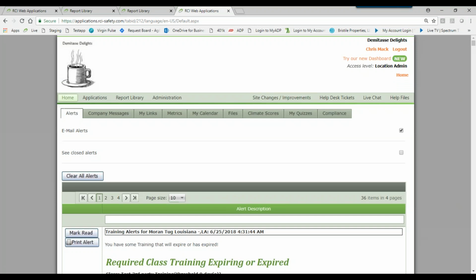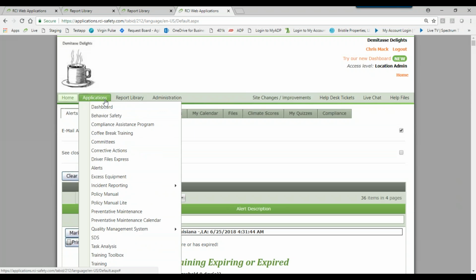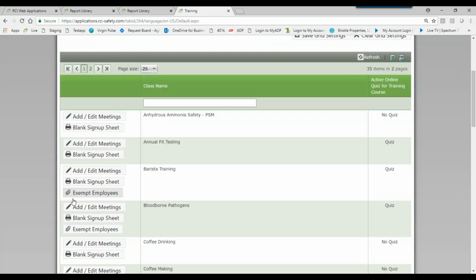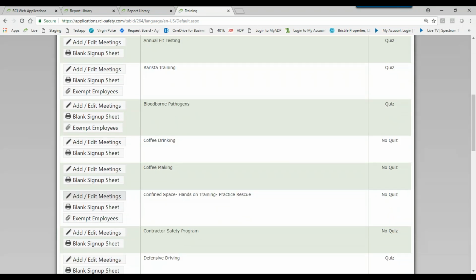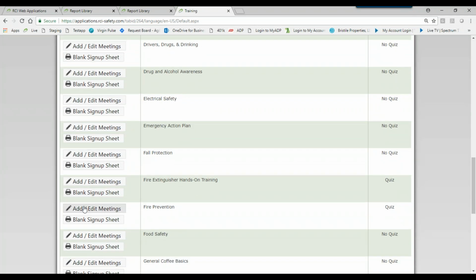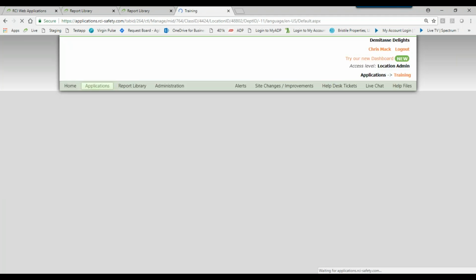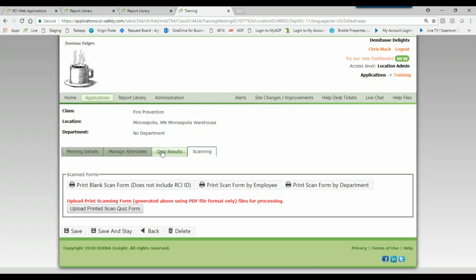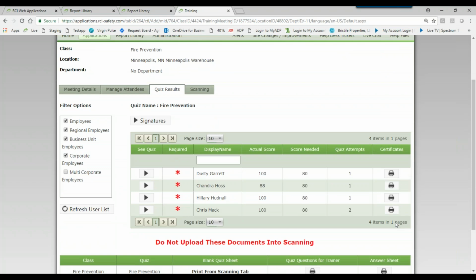You are welcome, Jen. Are certificates available to all, or does that have to be turned on? So that is on that administrative side, so you will have to be a corporate user. You are able to add in your training certificates. There is a section in your training content admin page where you can add certificates, and if it is turned on for the class, they will be for all employees that have completed the quiz. So if we go into our class again, those will show up for all of our quizzes,